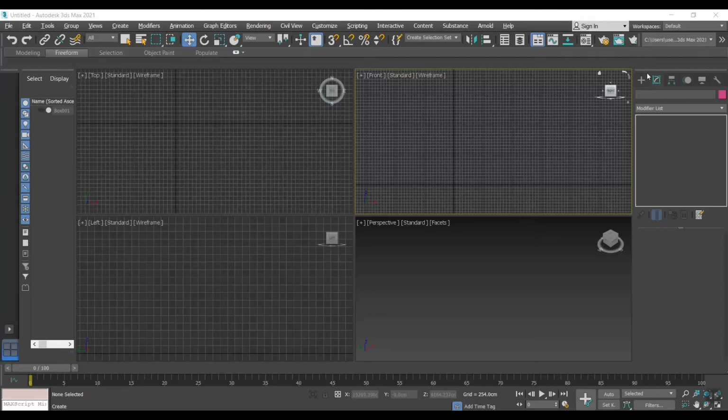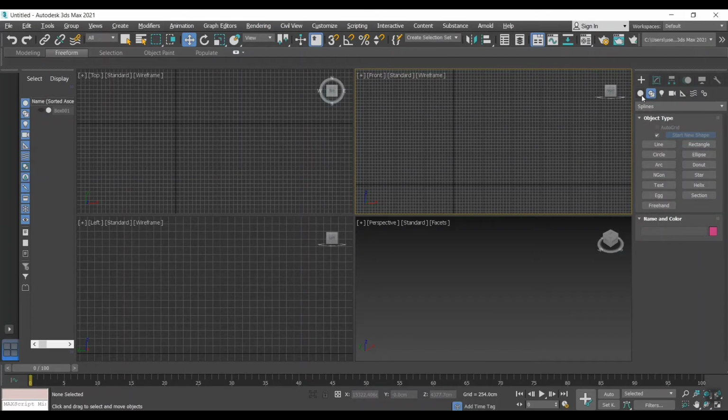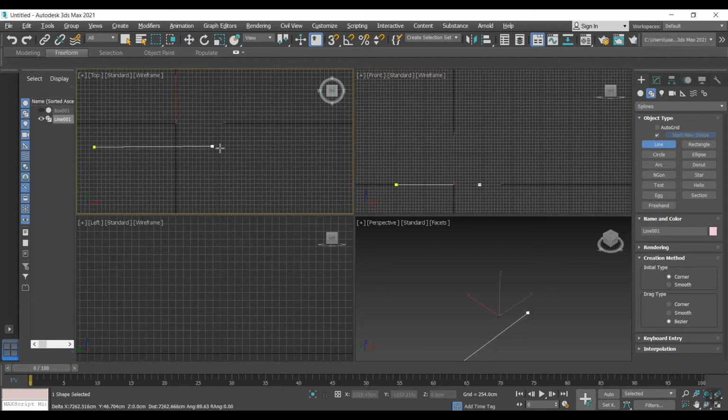Hi friends, in this session, we are going to see about the Loft tool under the Compound Object section. Simply, this is combining two or more geometry shapes using the Loft option. First, I'm going to create a path in top